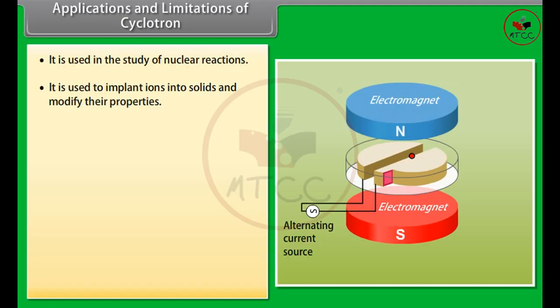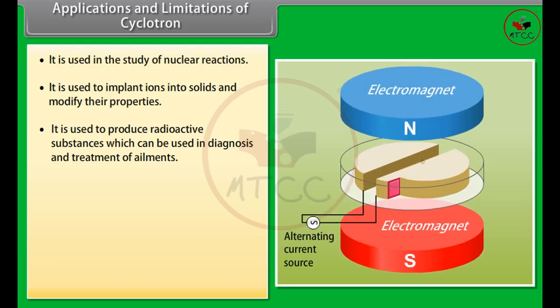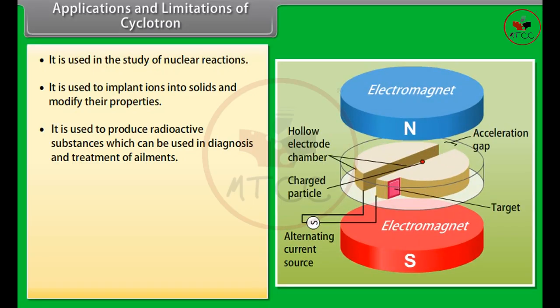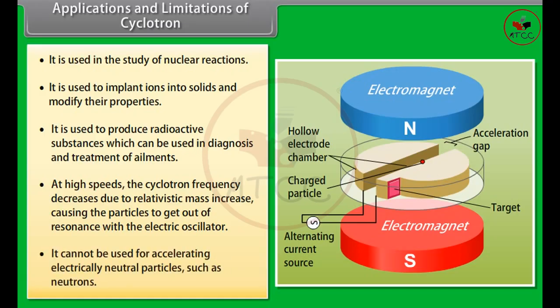It is used to implant ions into solids and modify their properties. It is used to produce radioactive substances which can be used in diagnosis and treatment of ailments. At high speeds, the cyclotron frequency decreases due to relativistic mass increase, causing the particles to get out of resonance with the electric oscillator. It cannot be used for accelerating electrically neutral particles such as